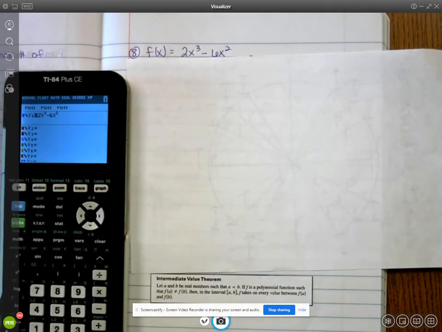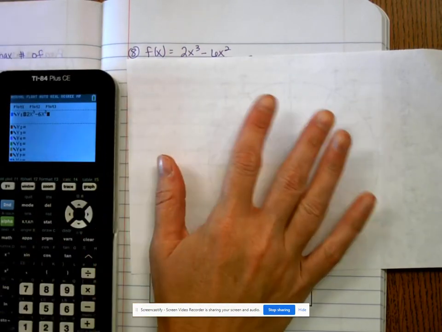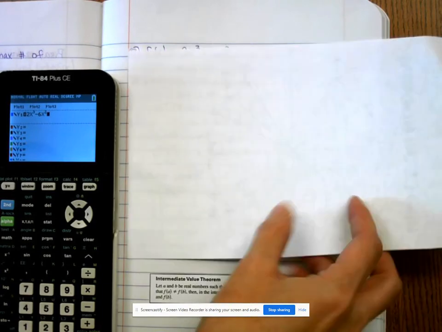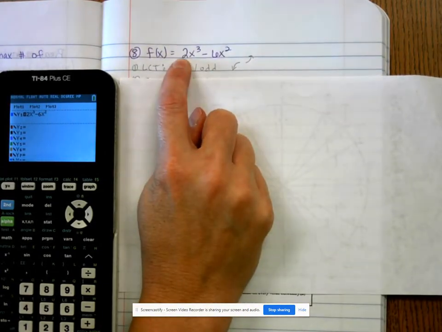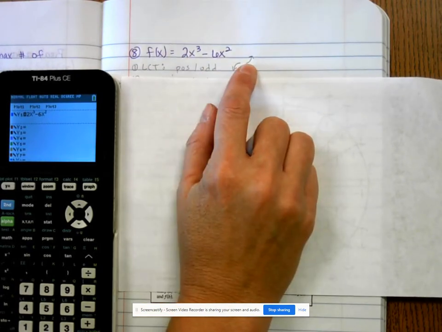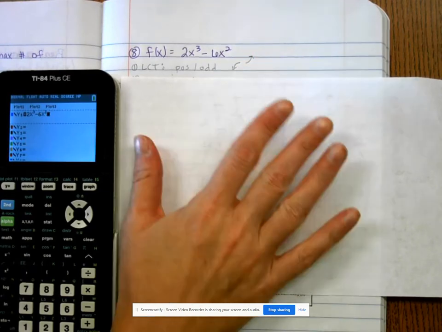Alright, so number 8, we are going to have 2x to the third minus 6x squared. Alright, so leading coefficient test, you have to see that it's a positive leading coefficient with an odd exponent. So we know it points up on the right and the other side is opposite. So we know what the ends of our graph look like. Step 2